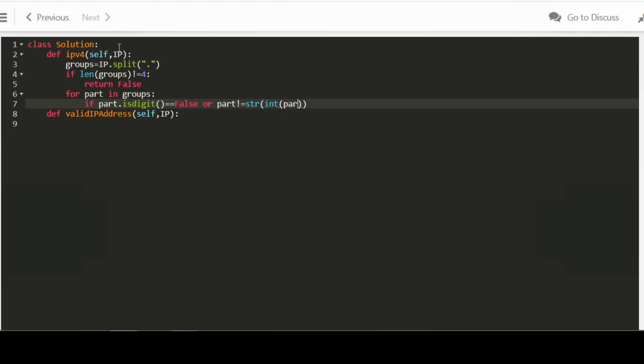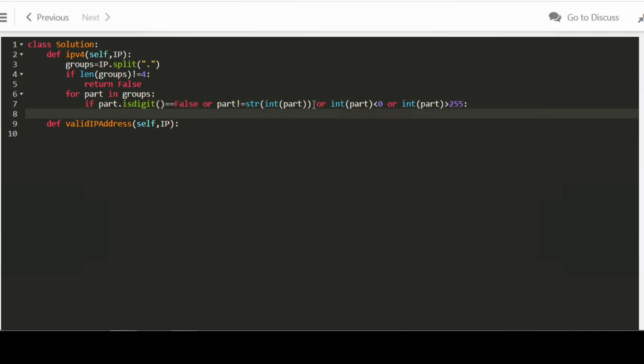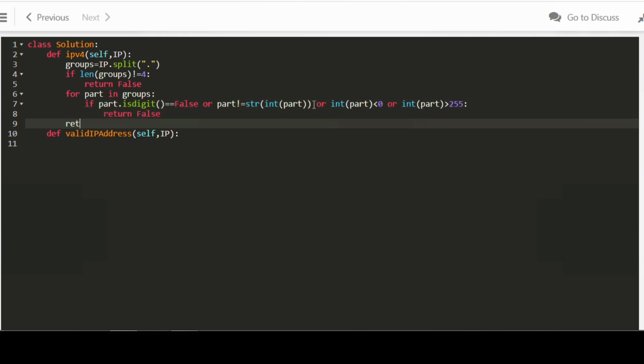And I will check if there is a leading zero, means if there is a leading zero, then our part is not equal to str(int(part)), because the leading zero will be deleted after this and part will remain with the leading zero. So the last condition will check our part is in the range of 0 to 255. Okay, and if these conditions are not violated, then we will simply return true for IPv4.